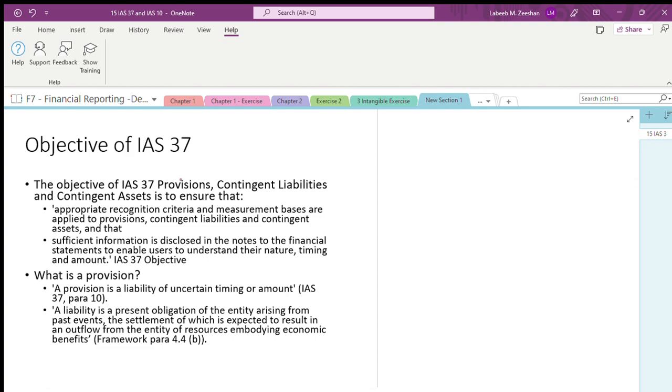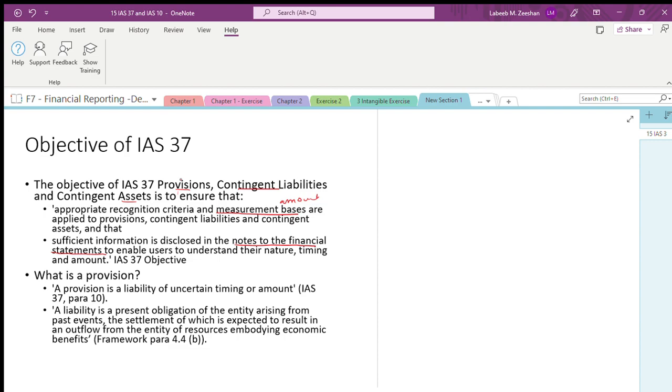The provision is, you are talking about contingent liabilities, provisions and contingent assets. We are talking in terms of an appropriate criteria of measuring basis, measuring the amounts. Sufficient information is disclosed in the notes on accounts. I thought of not keeping this, then I said that no, at least it will help you in reading. You have to read that.